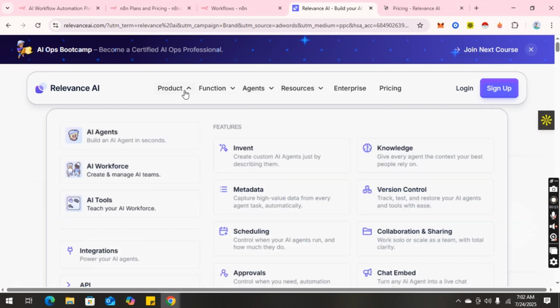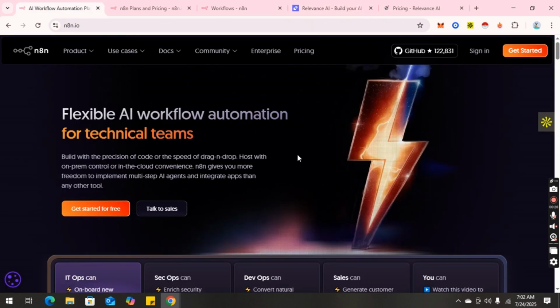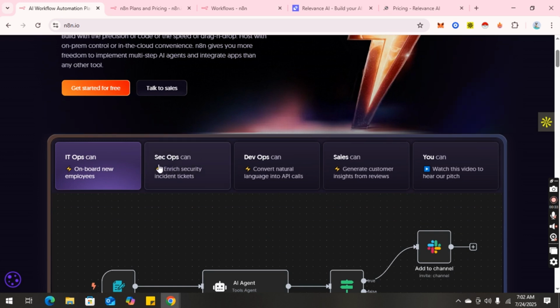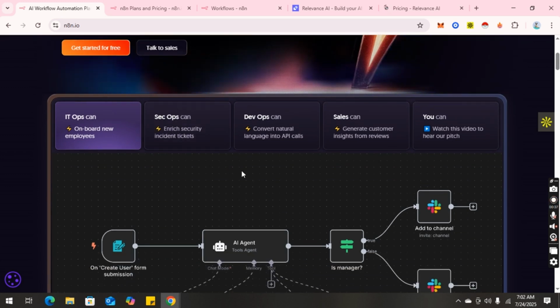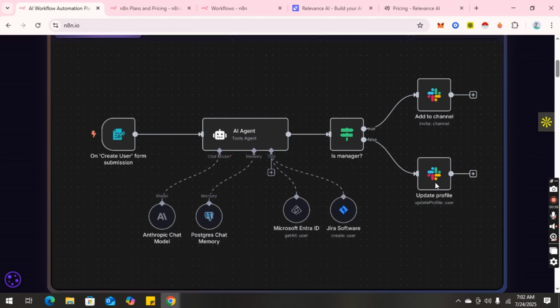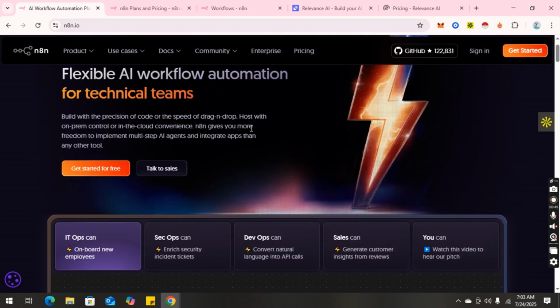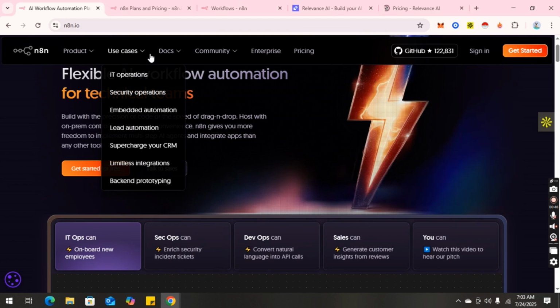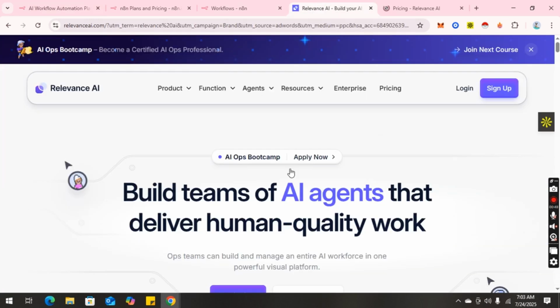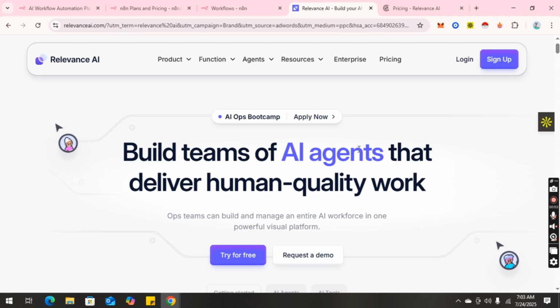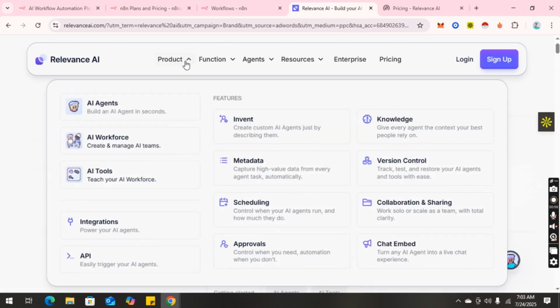Because N8N, as an open source workflow automation tool, empowers developers, solopreneurs, and teams to visually build, scale, and deploy complex automations across APIs, CRMs, data stacks, and internal systems, while Relevance AI focuses more on orchestrating unstructured data analysis, vector search, LLMs, embeddings, and customer insight into one AI native platform where understanding comes before action.